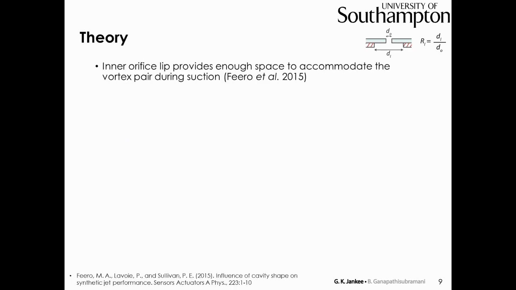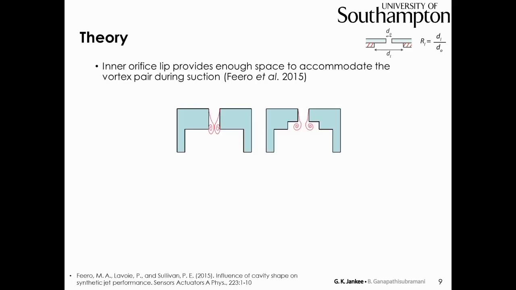What's the theory behind such behavior? Fuhrer performed a similar experiment where he used low aspect ratio orifices, but he varied the shape of the cavity. We adopted the same strategy here, and instead of varying the shape of the cavity, we just vary the shape of the internal geometry of the orifice. So if we have a lip, we can provide enough space to accommodate the flow structures formed during the suction stroke. And this prevents necking from happening, and this leads to